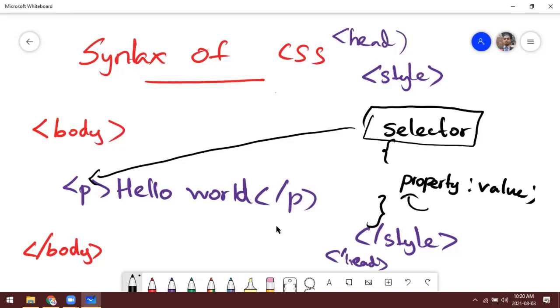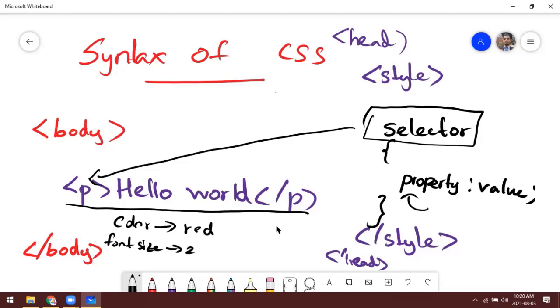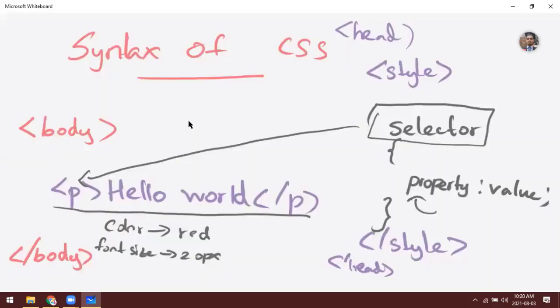For example, to this paragraph tag, we want to apply color. We want to apply the color red, and we want to make the font size, let's say, 20 pixel. So based on this syntax, how do we apply? We have to apply like this.